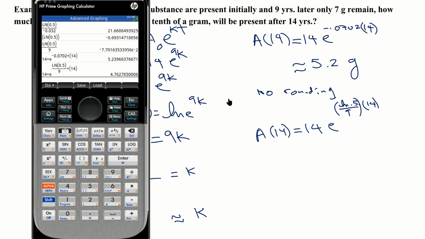See how different they are? There's quite a bit of difference. We're going from 5.2 grams to 4. Almost like 8 grams, right? So,